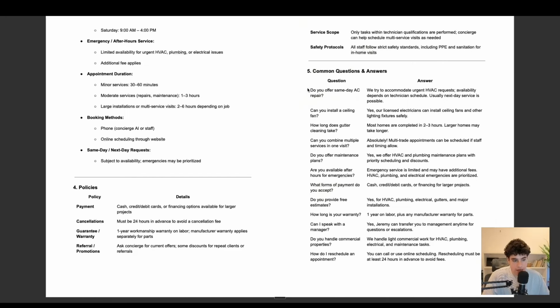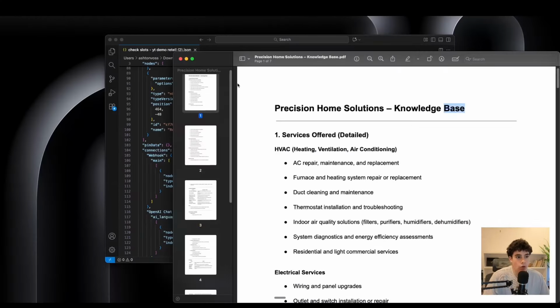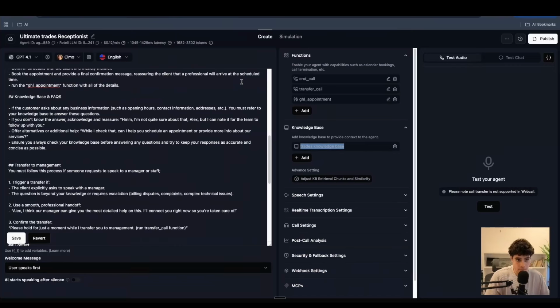common questions and answers. Again, this is just generated by ChatGPT to show an example of what a knowledge base will look like. You've got policies here, and you got notes for Jeremy, which is the concierge right here. This is just generated by AI. But you can see this is an example of what a knowledge base would look like. So again,